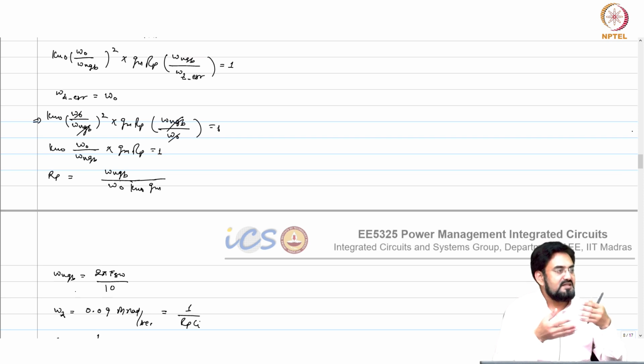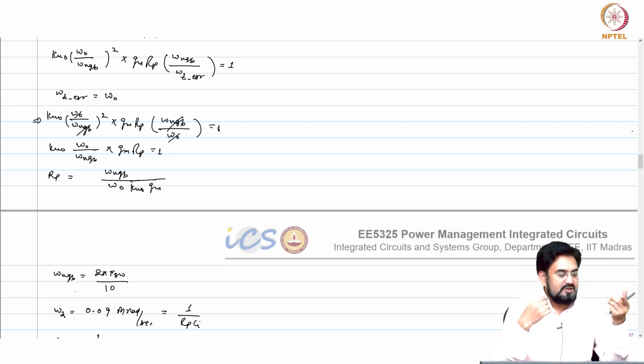If you are increasing the resistor, then you have to reduce the GM, but we already talked about if you reduce the GM too much, then you may have an offset problem. So GM is already decided, this is the GM I want to design for because of the offset. So now you have only RP to change in order to adjust the gain. If I want to move the frequency very low and the gain is already adjusted, then I may require a very large cap, and on chip putting the cap will take a lot of area.